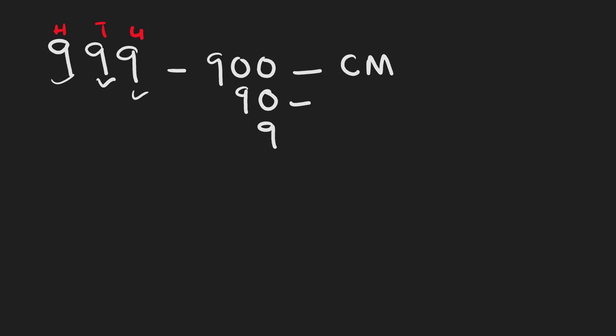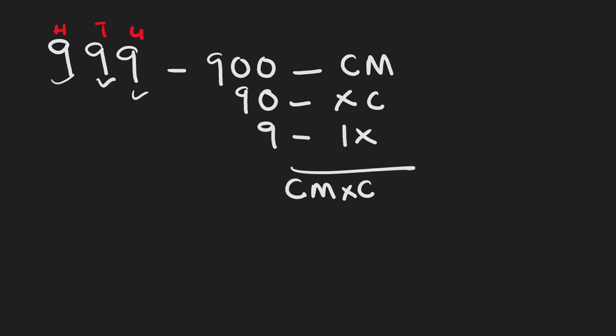Then 90 is usually what? 100 minus 10, which is XC. Then what is 9? 9 is usually 10 minus 1, which is what? IX. So writing 999 is going to be CMXCIX. This is 999 in Roman numerals. So let's see more. How we're going to write